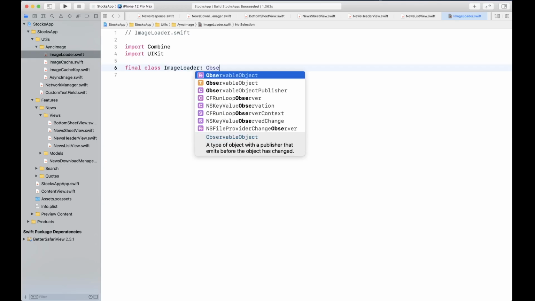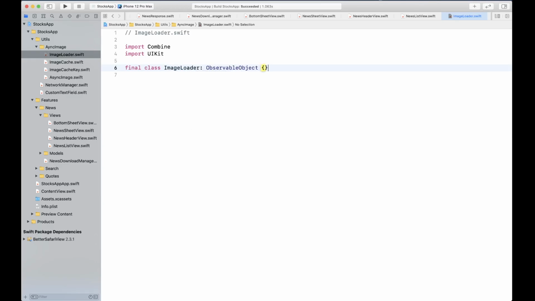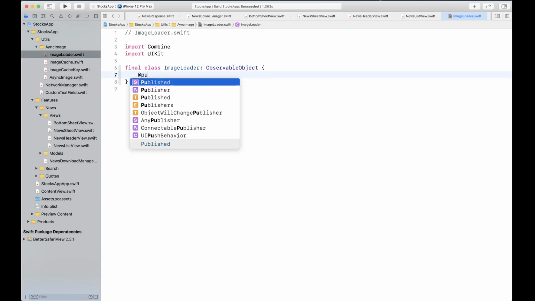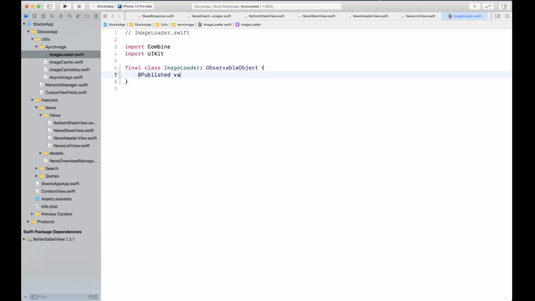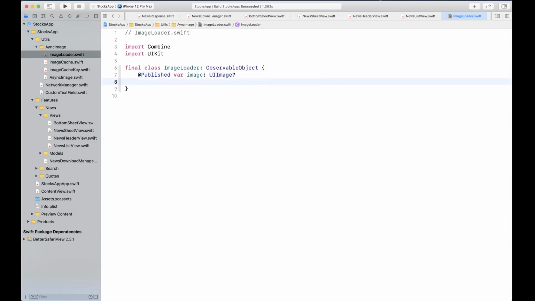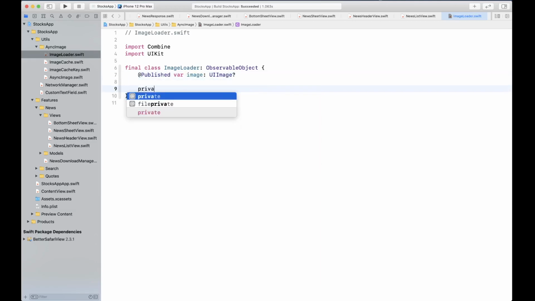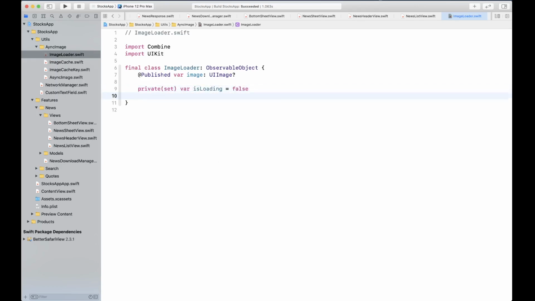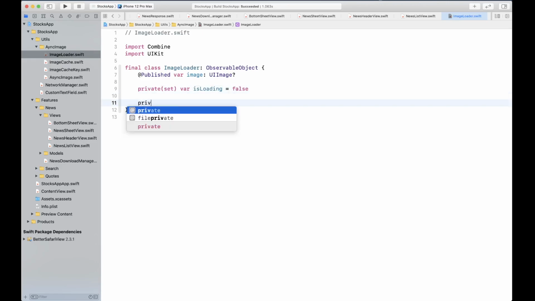This is gonna be an ObservableObject, and it is going to publish an image of type UIImage. We're also going to create a privately set variable isLoading to indicate if the image is currently in a loading state or not.